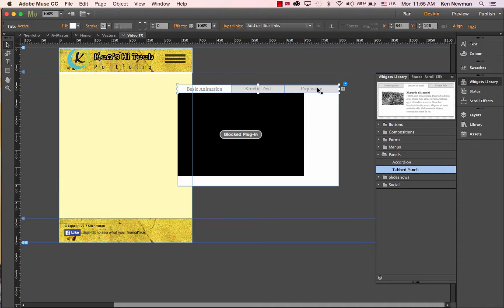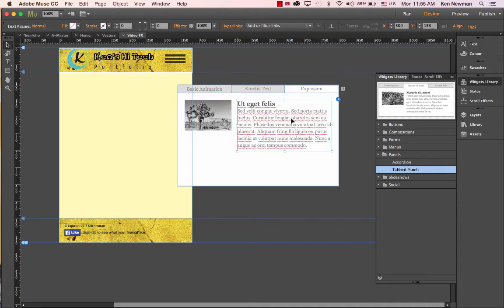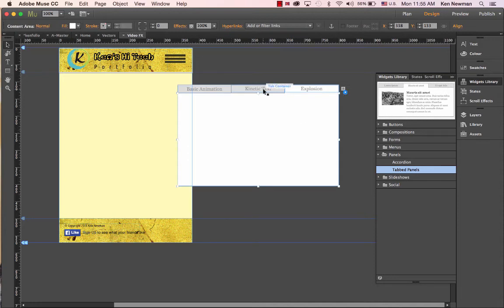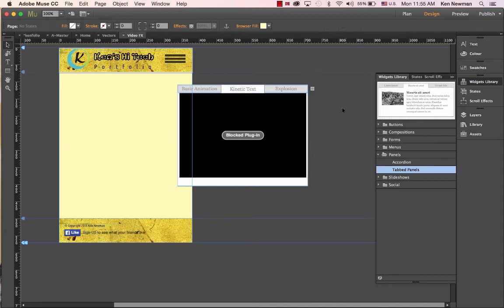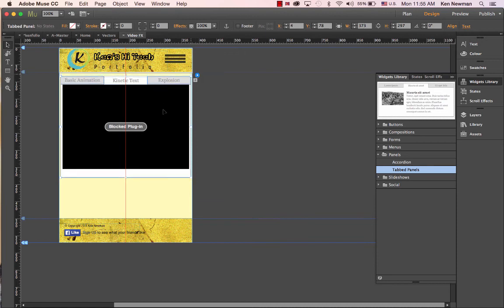Now the explosion at the moment still has the sample stuff, but that's okay. And this one maybe I can just shrink it down to about the size I want, and then just drop the whole thing